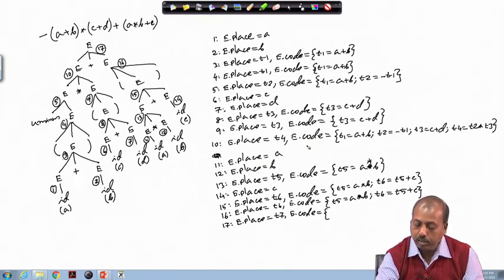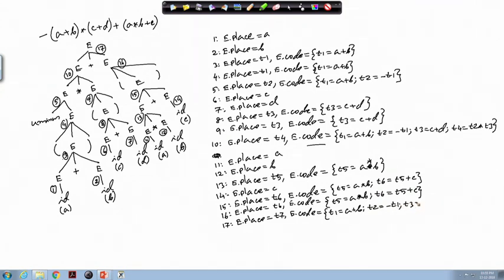So, that is this one: T1 equal to A plus B, T2 equal to minus of T1, T3 equal to C plus D, T4 equal to T2 star T3. So, that is 10's code part.